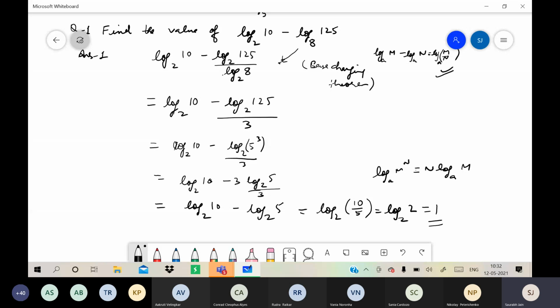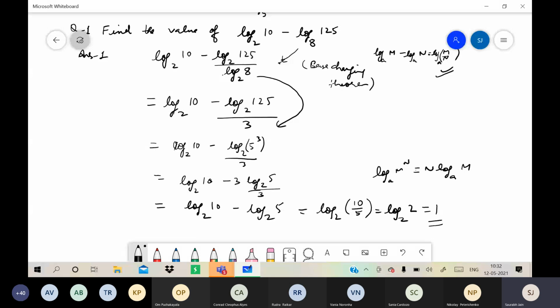Anyone having any doubt, please ask. In any step if you have any difficulty. So could you explain about this step? Which one, any particular step? Yes, so from the second step I didn't get it. Second step. See, this is the answer.